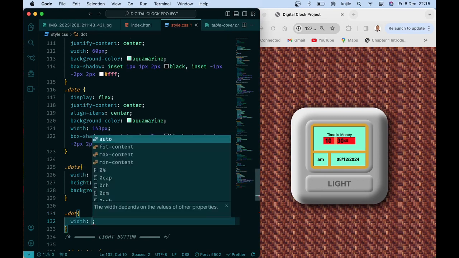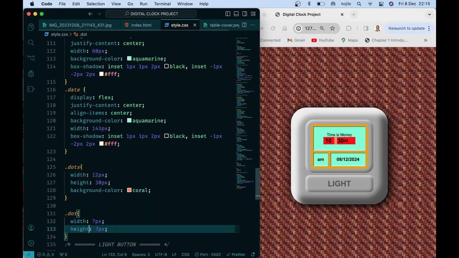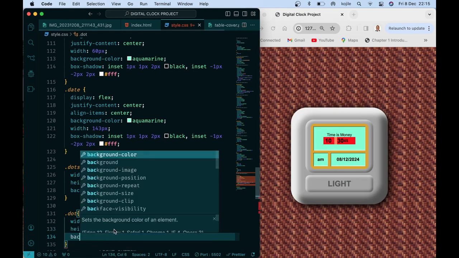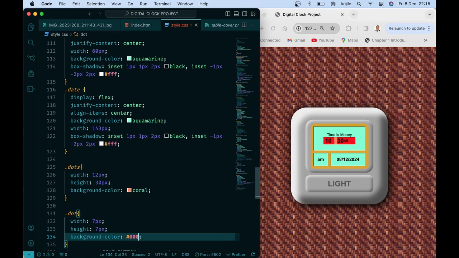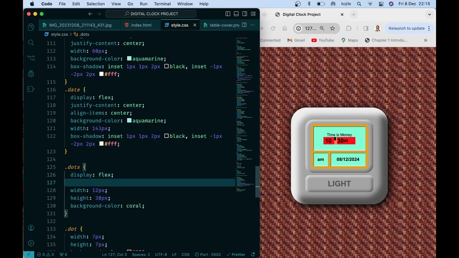Width of 7 pixels, then height of also 7 pixels, but then we have some color in that background, be black, and we need to display the parent here as a flex box. Should be column,